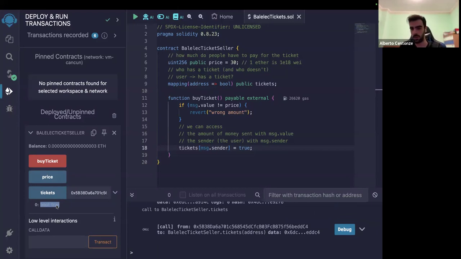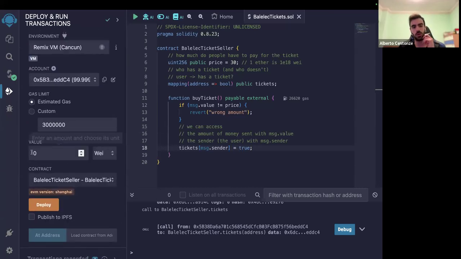Of course. Question? Yes. What did you do before clicking on buy ticket again that it was successful? So where did you specify the money? Oh yeah, sorry. It's a bit unintuitive, honestly. This is very bad UX, but here you have a value menu. Value, so it should be more than 0 for it to work. And it should be 30. Yeah.